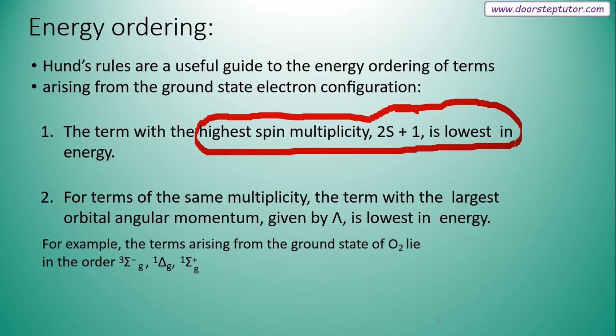So the accepted one is only 3Σg−. That is the energy ordering if the diatomic molecule exhibits more than one term symbol, and which term symbol is accepted. Here we have to follow these rules, which are very important. Okay, right. So next we will